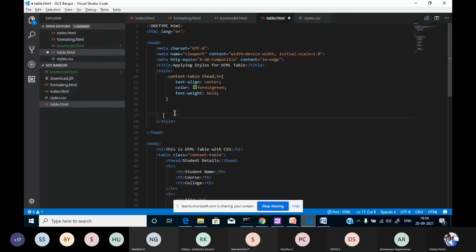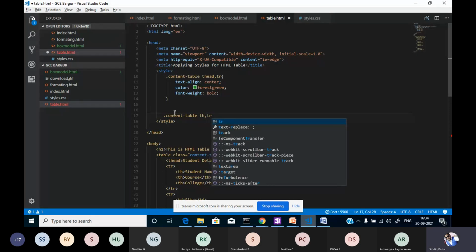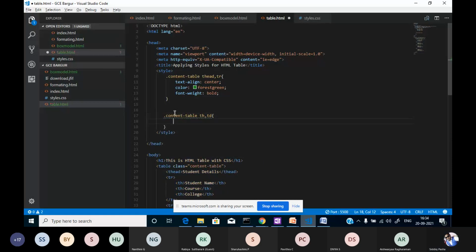Over here, I'll assign my table name, this is my class. In that we have table heading and table data. So now I'm assigning dot content table heading and content table data.